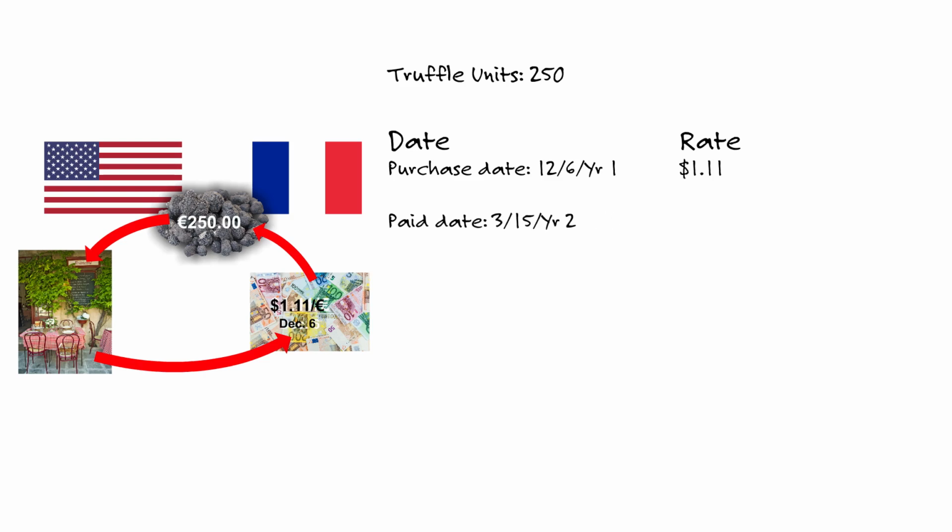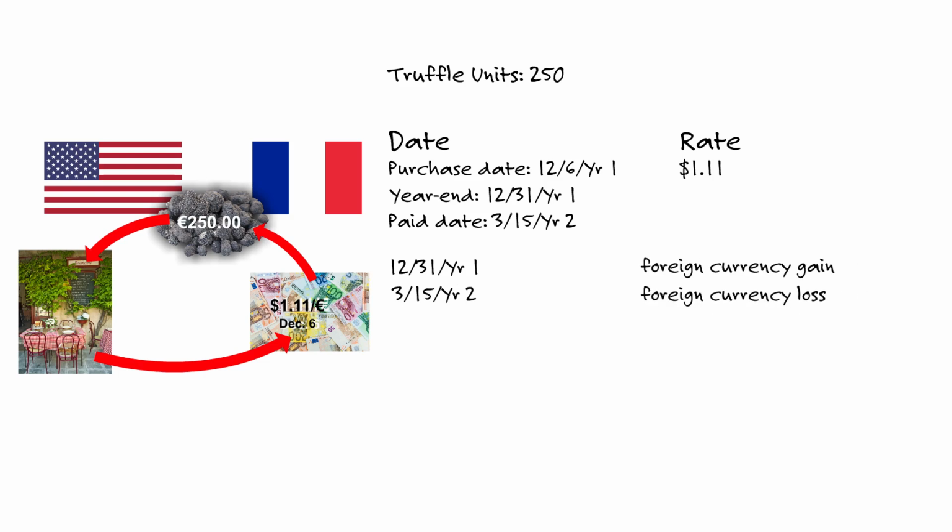What does that mean? That means on December 31st, you have to convert what the exchange rate would be from the date that the transaction started to the date of December 31st, and any adjustment runs through the income statement. And then when you ultimately resolve it on the pay date of March 15th, you compare what you had as of December 31st to what you actually get on March 15th, and any difference is a gain or loss as well. So on December 31st, the spot rate was 91 cents for every euro. What amount should Little Cabbage report as a foreign currency transaction gain or loss in its income statement for the year ended December 31st, year one?